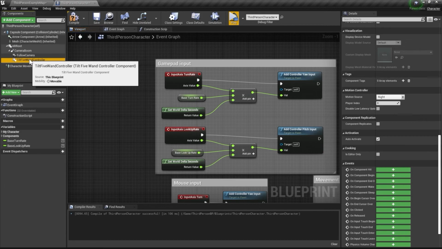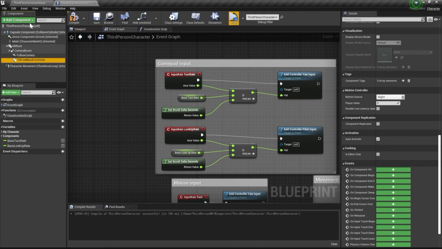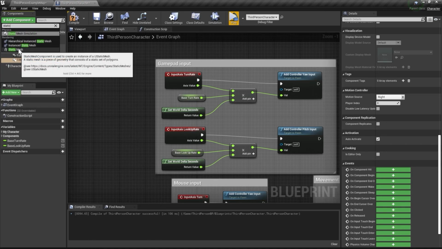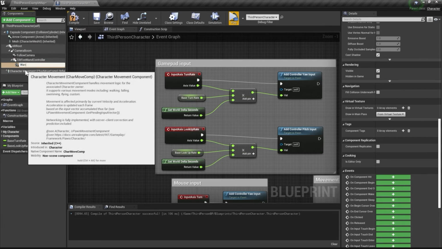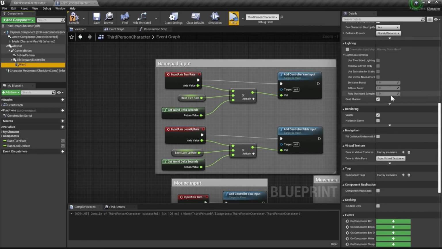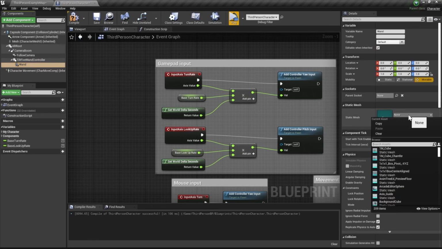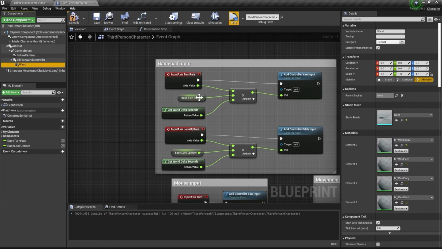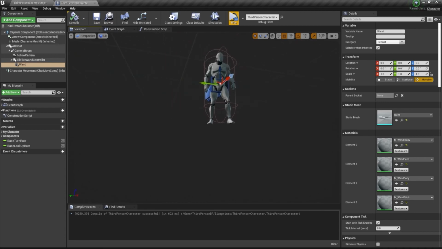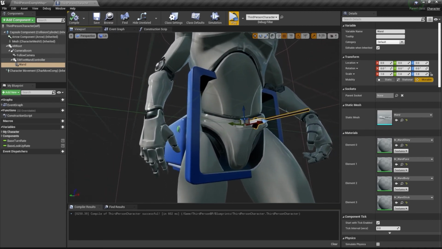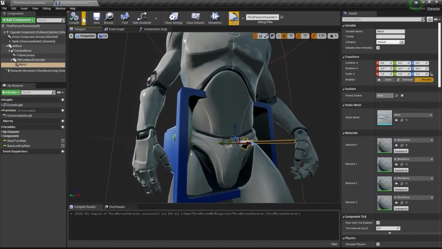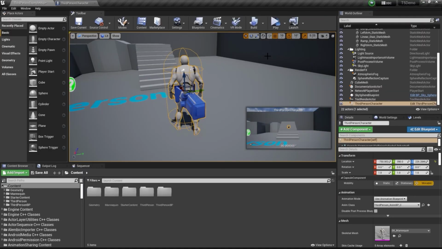So here we're going to click on the wand controller. We need the mesh to be parented under that. So add component, and we're going to type in static for static mesh. Now we've got a static mesh. We can name it wand and go into its details. On the right side, static mesh, if we choose the wand, I'll just type it in here, and we've got a wand. So hit compile, save it, and we can check it in the viewport. Here we've got the wand. It's at 000, and so when we run the game,